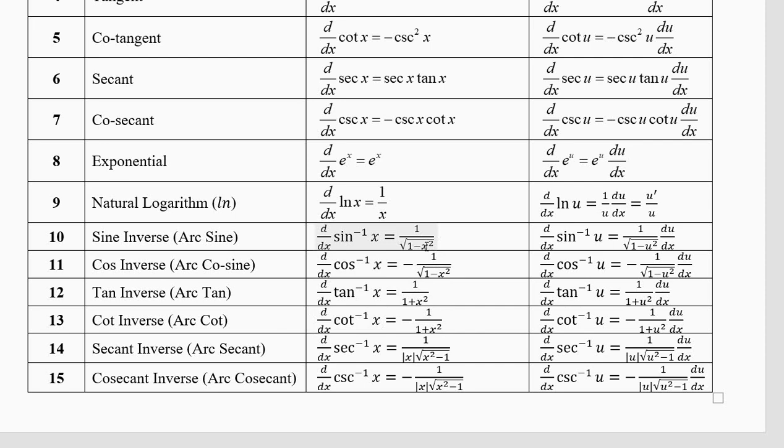Now please do not get confused between different functions, because it is square root of 1 minus x square here, here it is square root of x square minus 1. See, sine, cosine, tangent, cotangent, secant, cosecant. That is the logical order for writing them. We'll see, there are many functions. We'll stop at these 15 functions in this course, in this semester. These functions are more than sufficient for understanding calculus, many areas of physics.